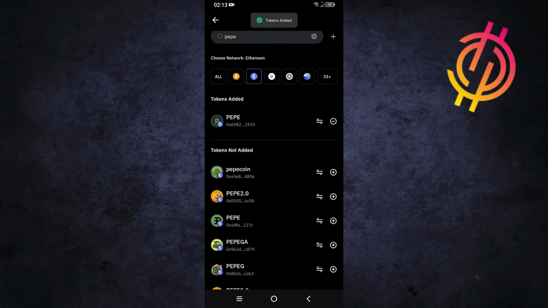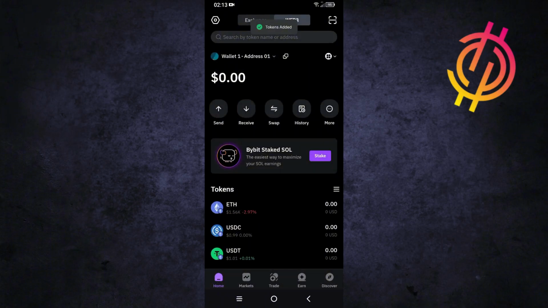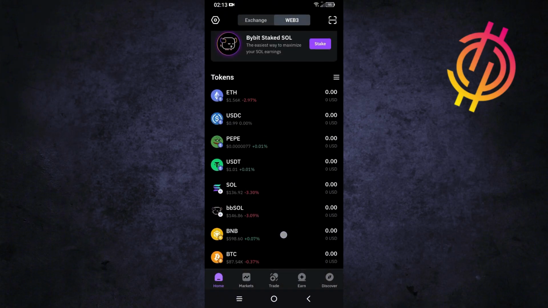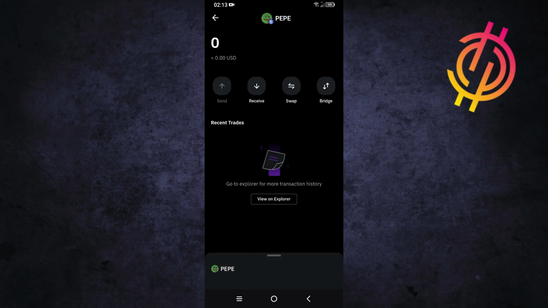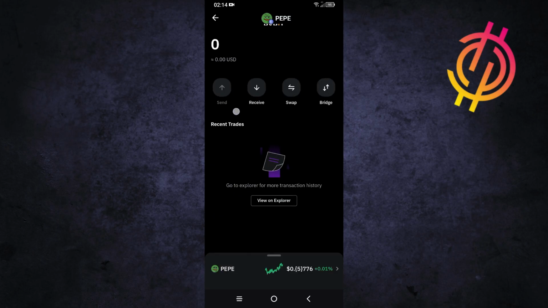So wait a few seconds to add this token to your wallet, and now go back to your wallet like that. After you find your token, as you can see, this is how you can transfer it. Now just tap on it, and now as you can see here, because I don't have any funds,